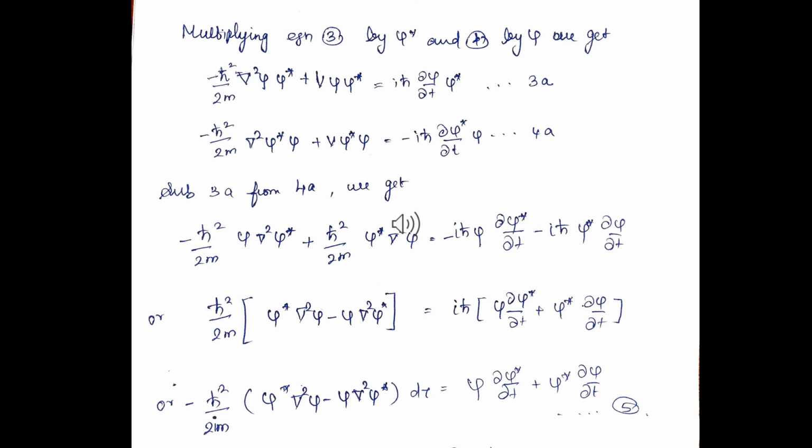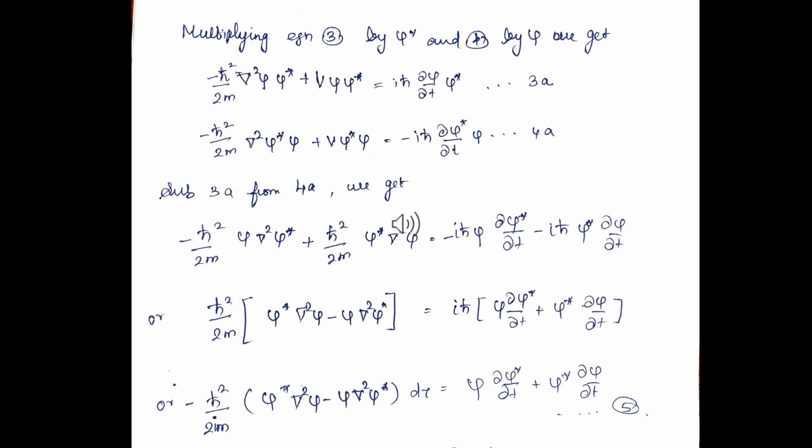Or we can neglect the negative signs and rearrange the equation, taking h cross square by 2m as a common term out. It becomes h cross square by 2m into psi star del square psi minus psi del square psi star. On the right hand side, i h cross is a common term. Now it becomes i h cross into psi dou psi star by dou t plus psi star dou psi by dou t,